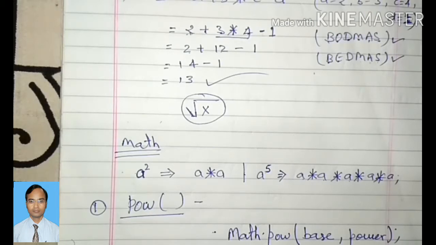The power function. What is this power function? The power function is used to calculate the power value based on the power. If we want to calculate the power value, the exponential value, then there is a need for the power function. This power function contains two parameters. One is the base value and the second is the power value. And the next one is